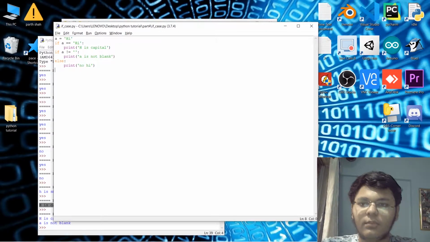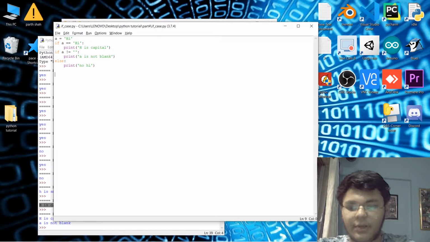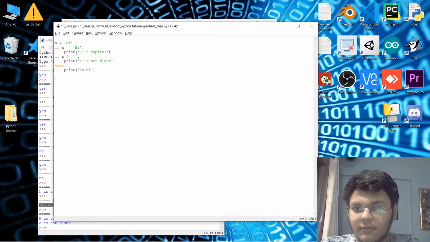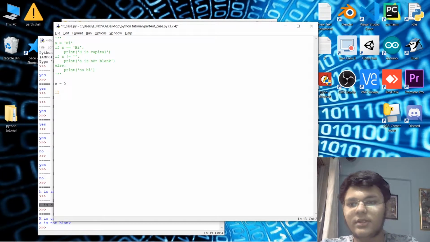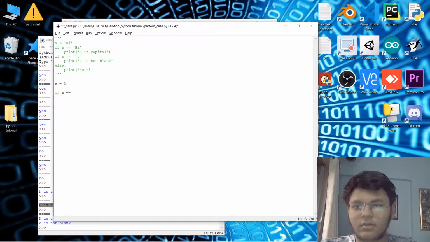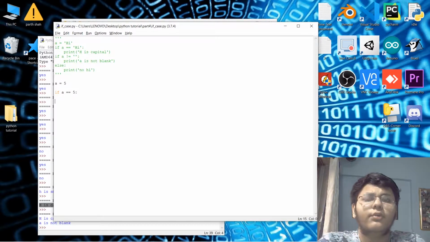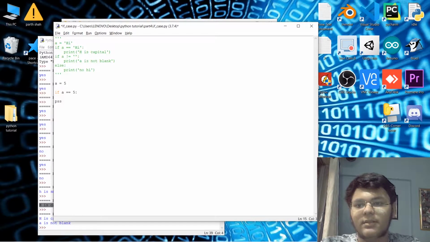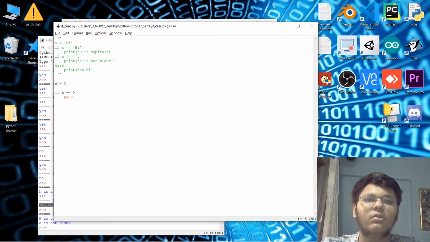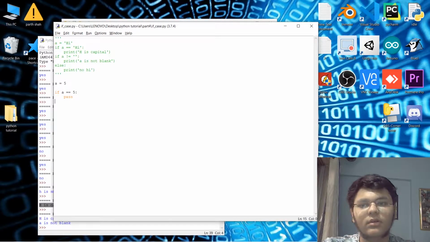There's also one more important statement known as the pass statement. So I'll just hide this part, we don't need this for now. I'll just comment it out. So now I'll say a is equal to 5. I don't want to do anything, for example, so I'll just write pass. It means that if a is equal to 5, then don't do anything,